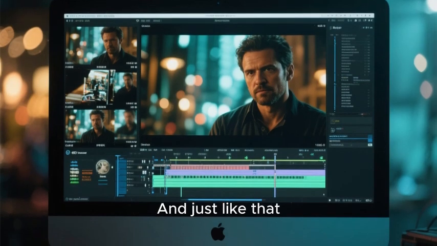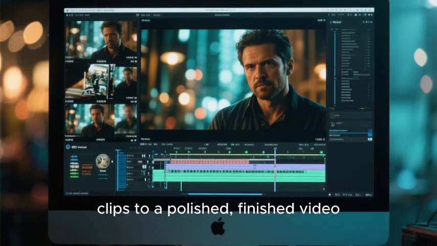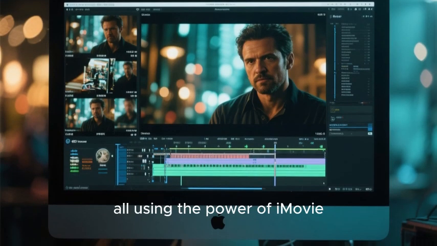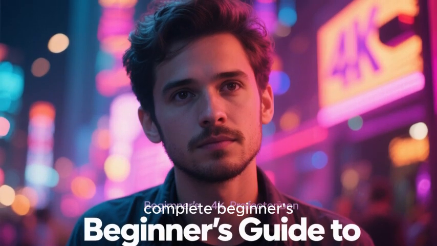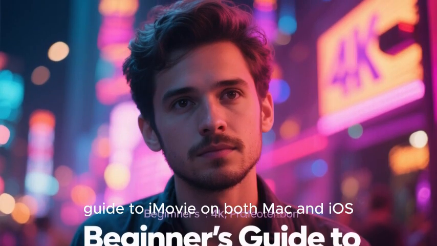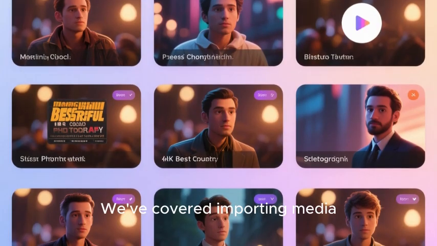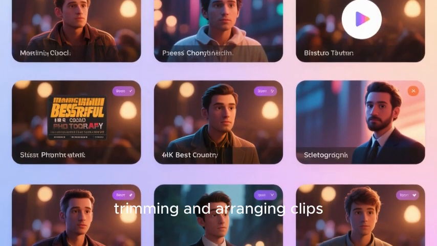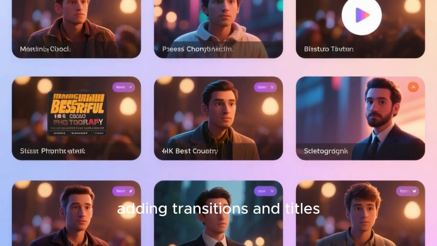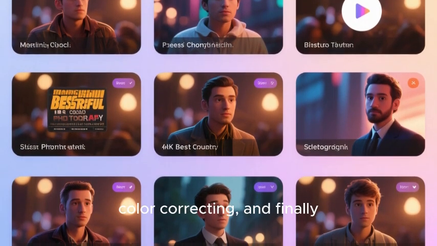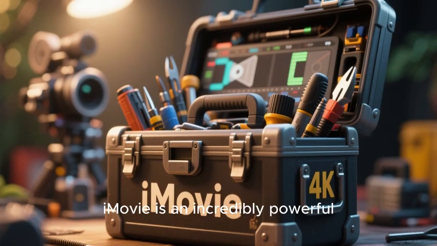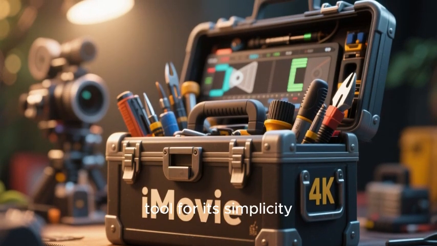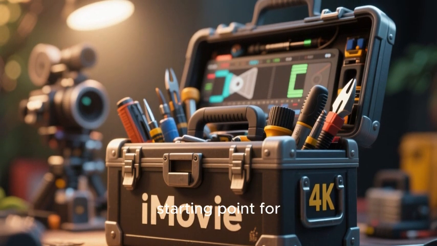And just like that, you've gone from a collection of raw clips to a polished, finished video, all using the power of iMovie. And there you have it, a complete beginner's guide to iMovie on both Mac and iOS. We've covered importing media, trimming and arranging clips, adding transitions and titles, working with audio, color correcting, and finally, exporting your project. iMovie is an incredibly powerful tool for its simplicity, and it's the perfect starting point for anyone new